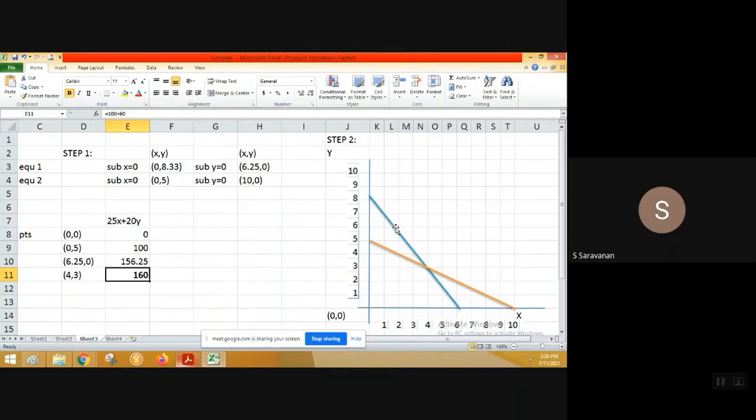So just to see here, this is equation 1, right? When I use equation 2 and bring it down, you see there is no common area. So there is no common area here, and I cannot use this as a common area. That is between 6 and 10. I cannot use it as a common area.